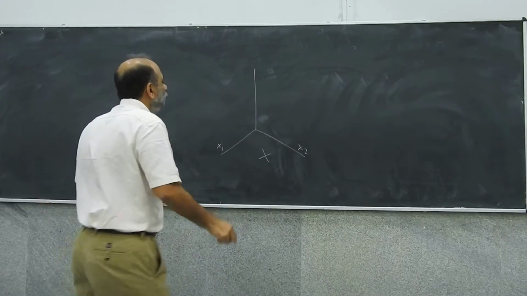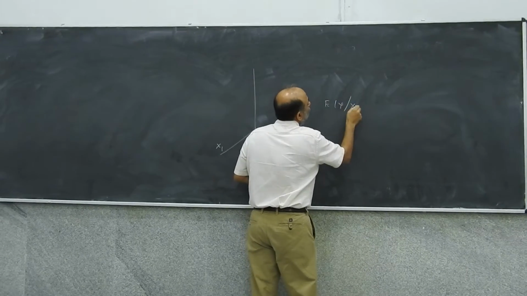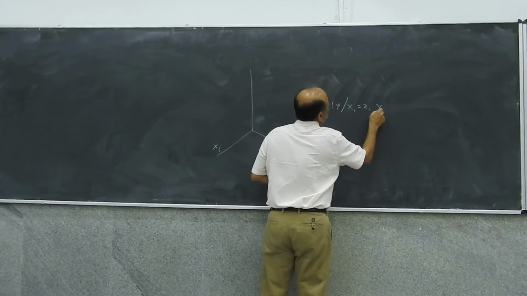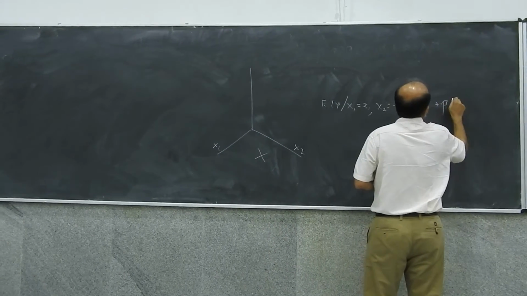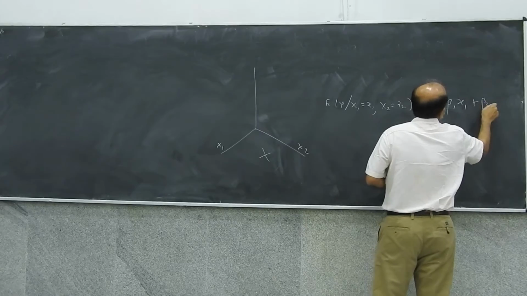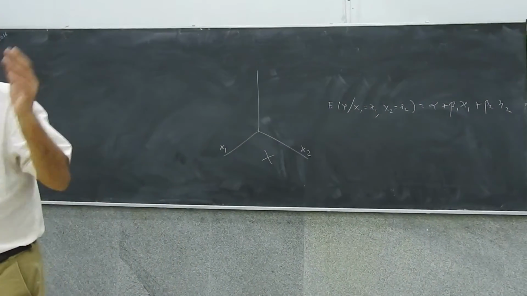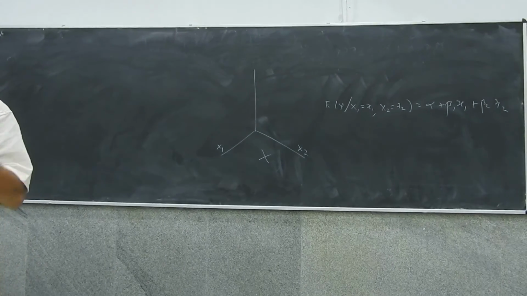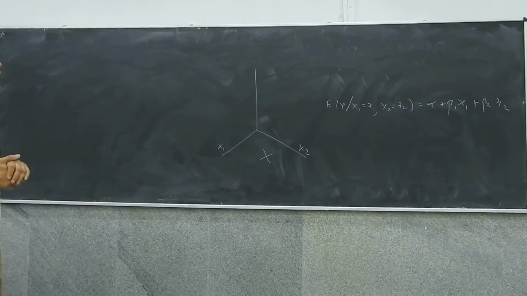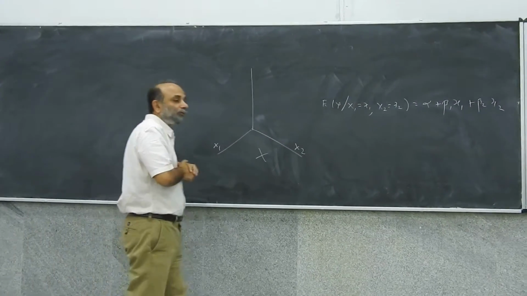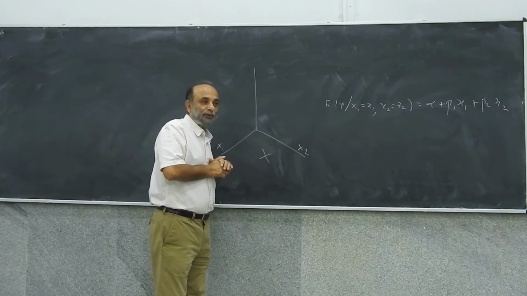Right? So you have, for example, you're thinking of a model where the conditional expectation of y given x1, x2 is alpha plus beta 1 x1 plus beta 2 x2. Right? So y depends now not on x1 alone but on x1 as well as x2. So we are thinking of representing the conditional expectation of y in terms of now x1 and x2.